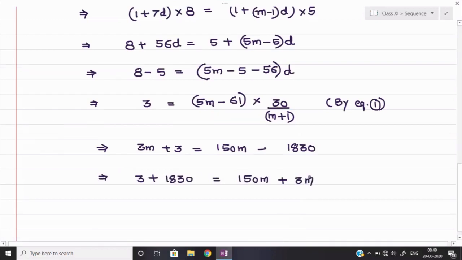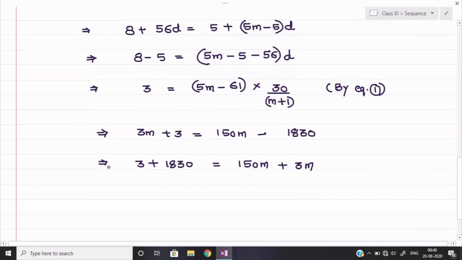Okay, now 3 plus 1830, that will be equal to 1833, and 150 plus 3, that will be 153m. So from here we can say that m will be equal to